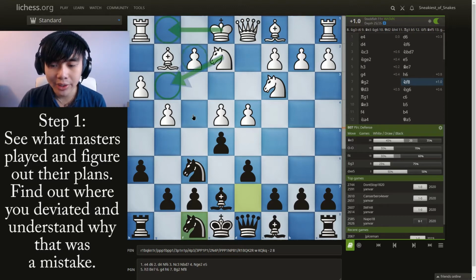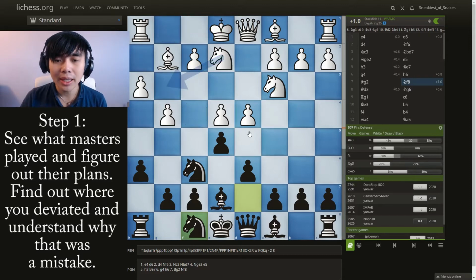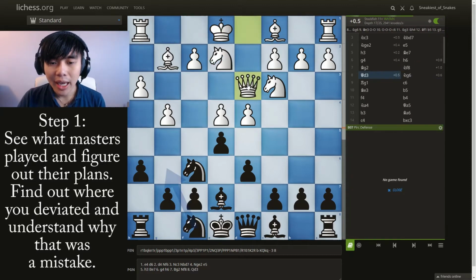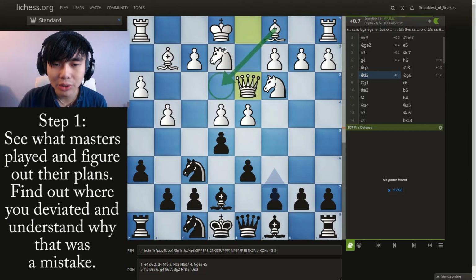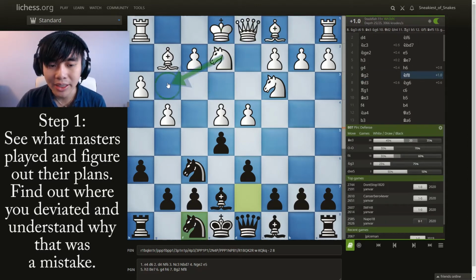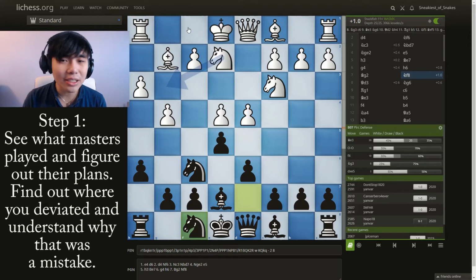Castle, knight g3, f4, d takes e5. What do all these moves have in common that queen d3 does not have? And I think I can see why queen d3 is very bad. If I think about it a little more deeply, I see that my opponent is trying to castle queenside. If I check out these other moves, knight g3, maybe trying to go for knight f5, f4, castle kingside, none of these moves actually try to castle as white onto the queenside. So maybe that's a mistake that I can try to take advantage of in the future.